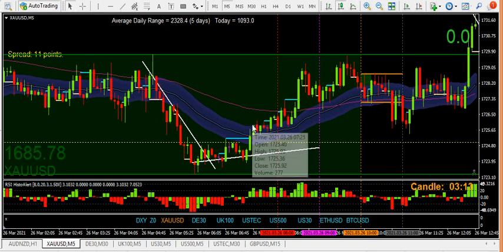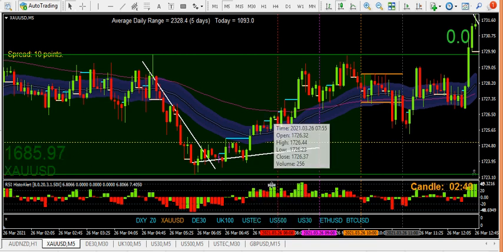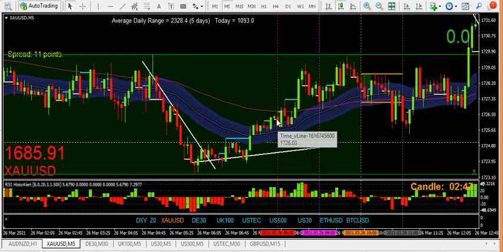There you go. A close above the band, if memory serves me correctly, is Sonic's trigger to start looking for a trade. That's often combined with your bust. Then you get your pullback, which you can see there, and then you get your break and close above the high of the bust bar. That's important. Green, red, green. You do want that. And as you can see, there's the 3CR combined with that, and then still a little bit of messing about, but it's broken